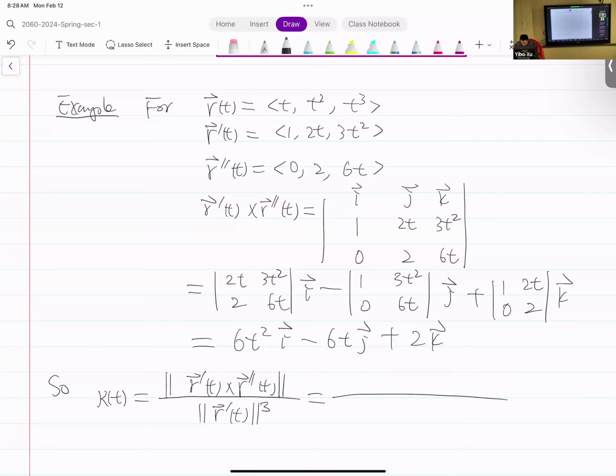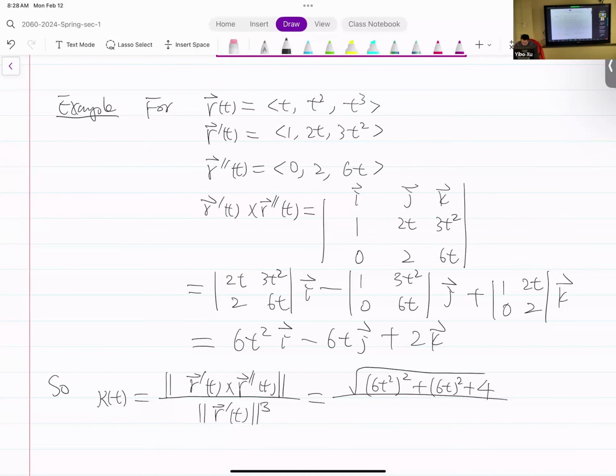So although every magnitude here is a complicated radical, we don't really need to simplify any further. So 6t squared, that's the first component squared, and then plus 6t squared, then plus 2 squared. We don't really need to do that. I just want to put 4 here, right? So that's the radical for the numerator, and for the denominator, it's going to be